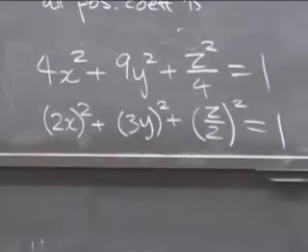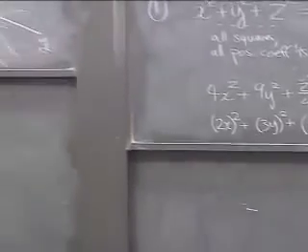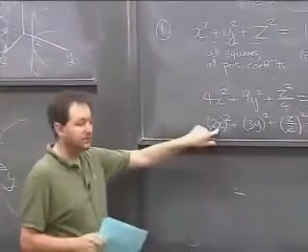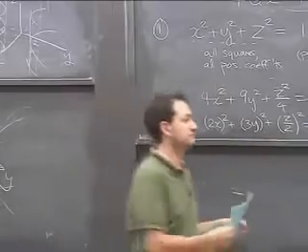Instead of x, we have 2x. So we kind of have to halve everything in order to get the same sense of perspective. So x is going to be shrunk by 2. Y is going to be shrunk by 3, but z is going to be stretched by 2. So actually,